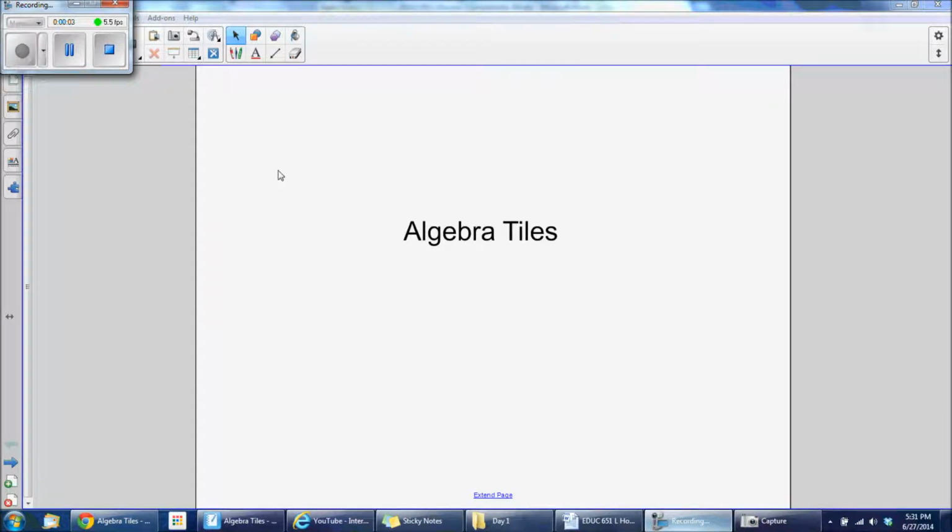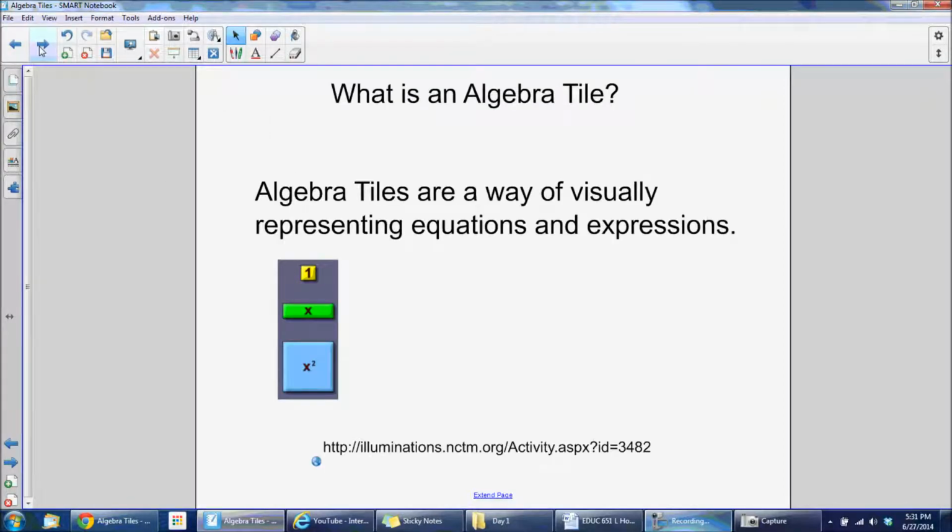Okay, let's talk algebra tiles. Now, what exactly are algebra tiles? An algebra tile is simply a way of visually representing equations and expressions. So the particular program we're going to look at has three types of algebra tiles, and these are generally what